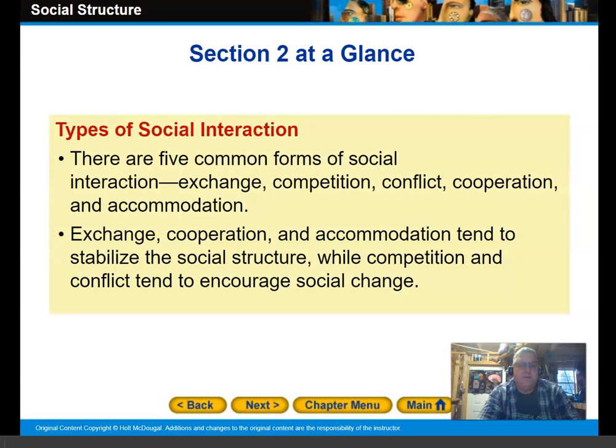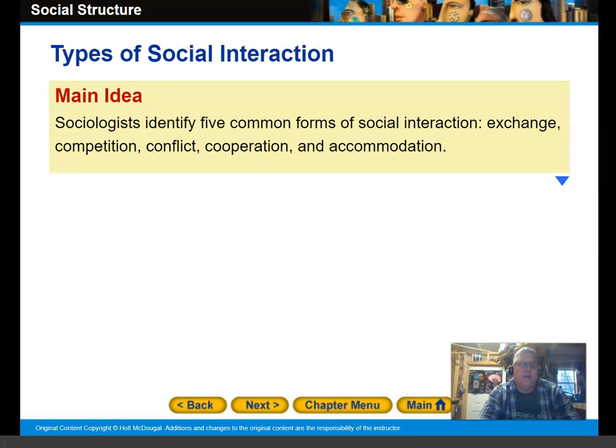Section 2. There are 5 common forms of social interaction: exchange, competition, conflict, cooperation, and accommodation. Exchange, cooperation, and accommodation tend to stabilize the social structure, while competition and conflict tend to encourage social change. So the main idea of this section is sociologists identify 5 common forms of social interaction: exchange, competition, conflict, cooperation,